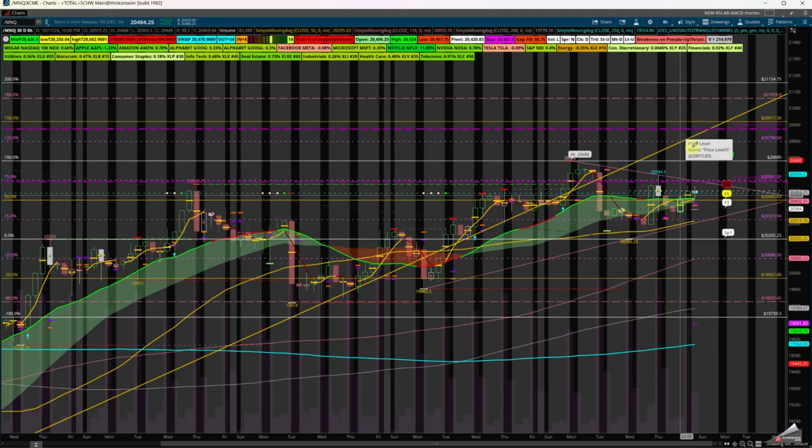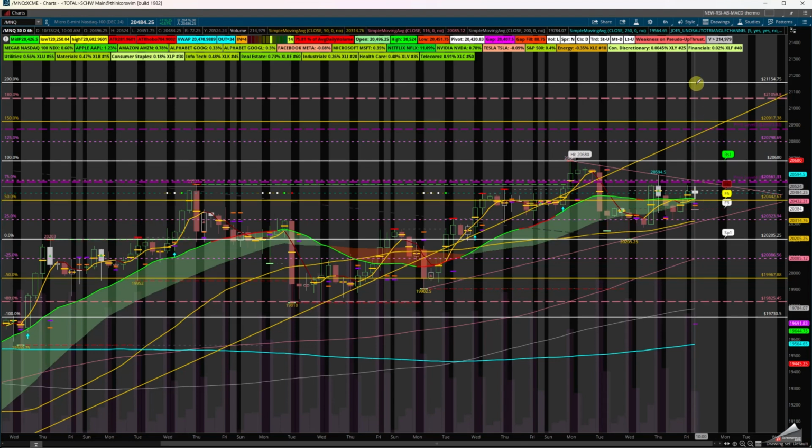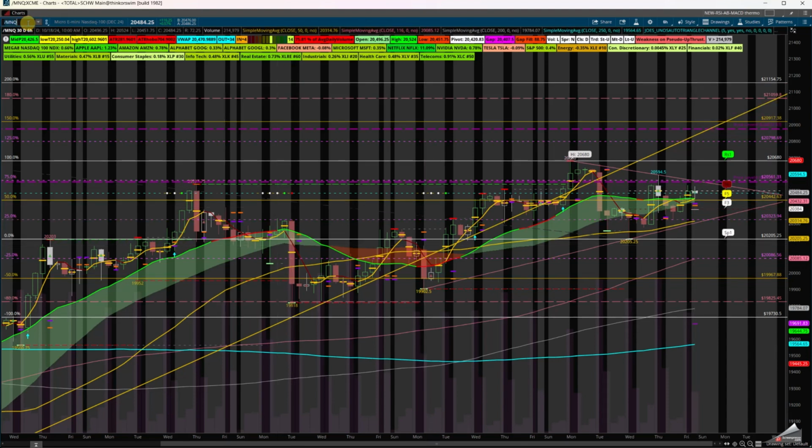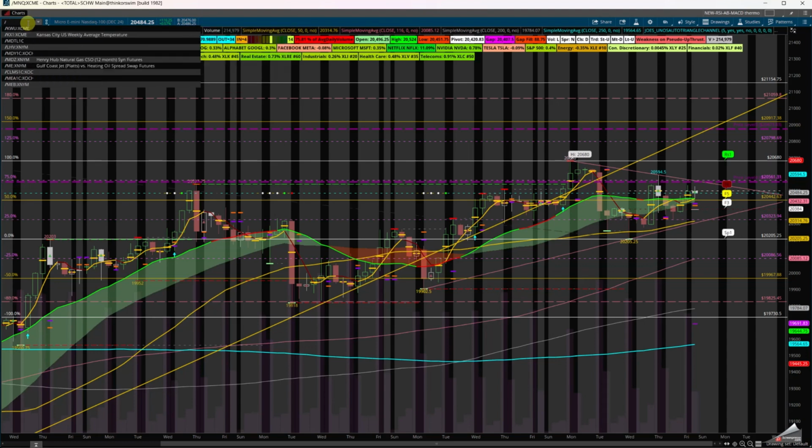This is a VPOC at the top. I left them open. This is the 180 and the 200 to the top in the Nasdaq 100. So what I want you to remember is what we see. We're going to ES and micro ES